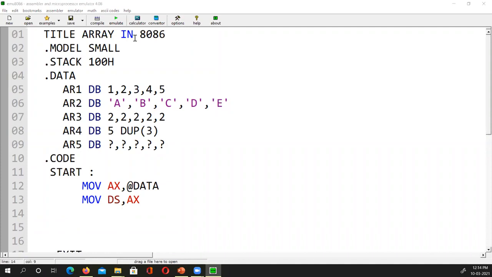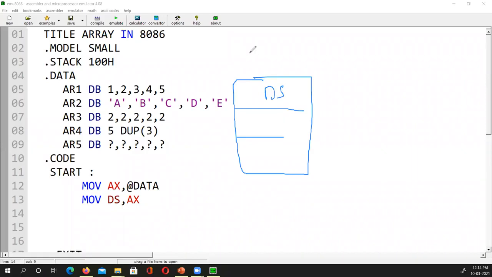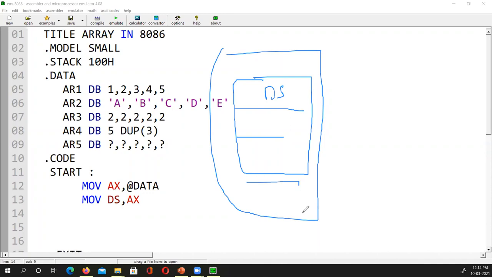Data is our arrays. No, this is our RAM and this is our data segment. Because our RAM is bigger, it could have many data segments and many code segments. So what is the start address of the data, where in the memory it starts?